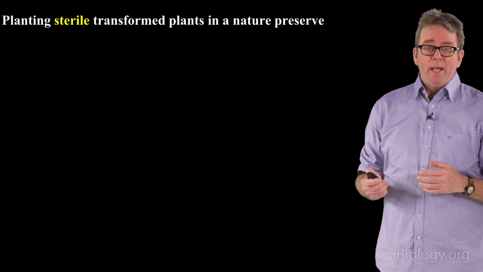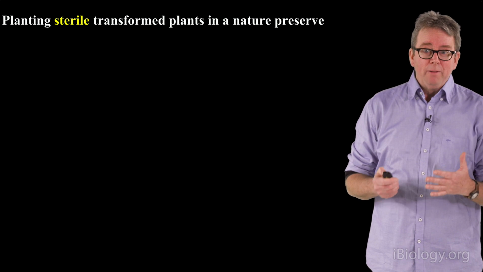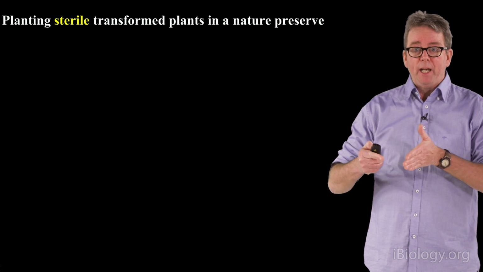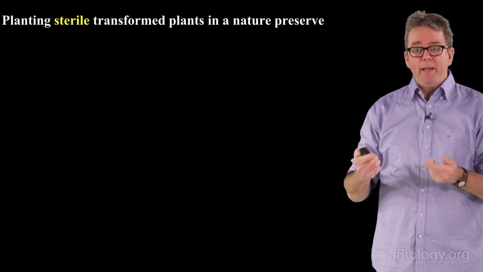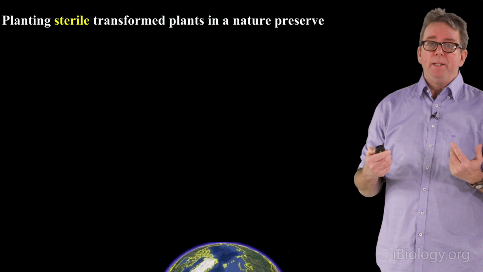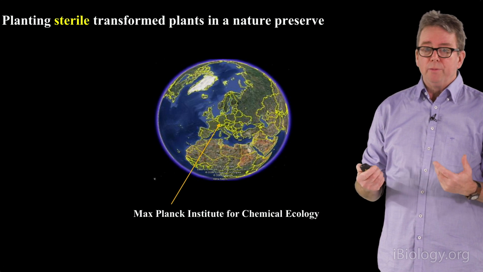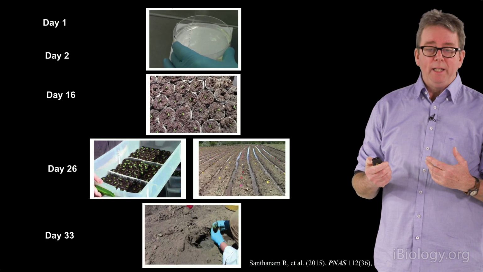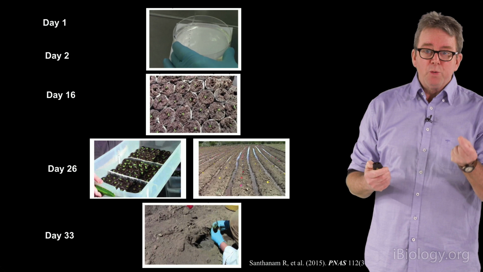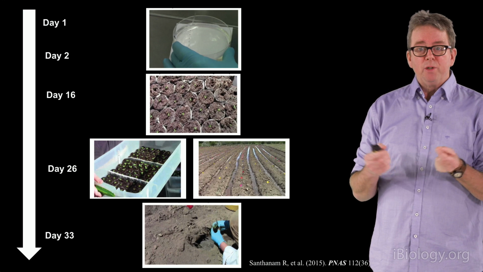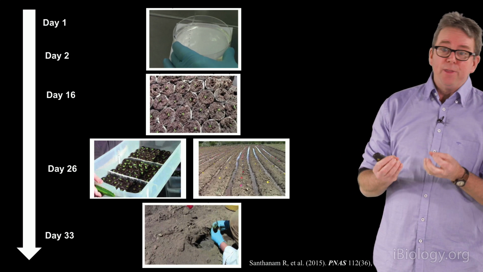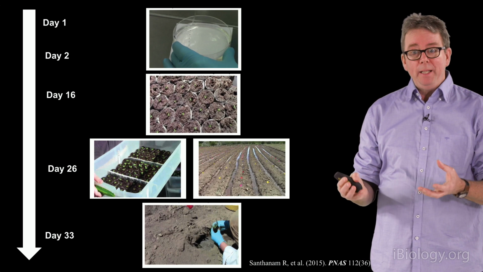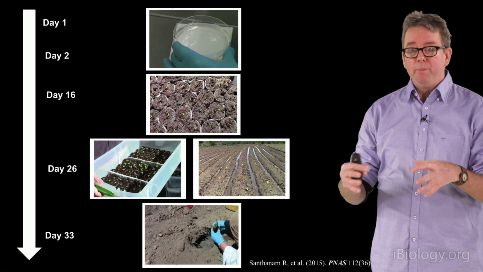And what we learned about this process primarily through an accident, because for almost 15 years of planting transgenic plants into Utah, in order to meet APHIS regulations, we have been taking plants that were basically sterile from Germany and planting them into the field site in Utah. And our planting procedure means that the plants were not able to acquire their natural microbiome from the soil until day 33, which is a very long time to be not able to get that very important set of nutrients.